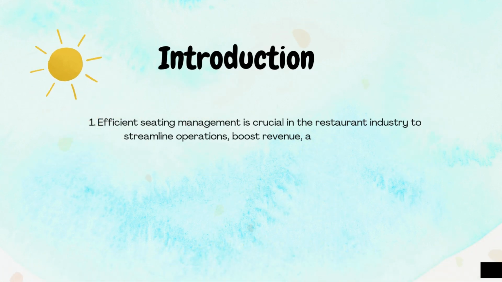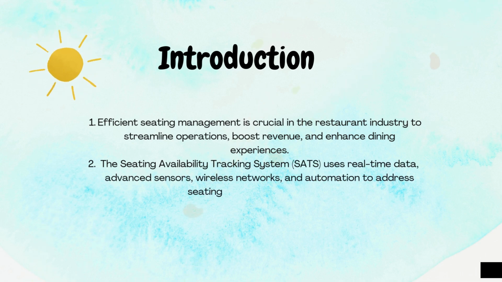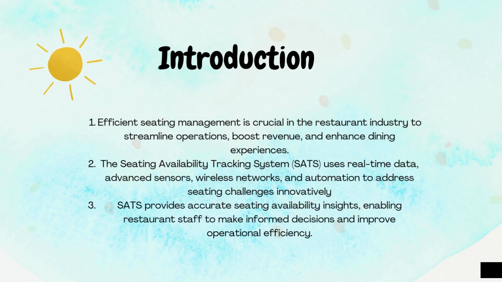The seating availability monitoring system addresses a growing need in the restaurant industry to streamline operations, boost revenue, and enhance the dining experience. The seating availability tracking system uses real-time data, advanced sensors, wireless networks, and automation to address seating challenges innovatively. The system provides accurate seating availability insight, enabling restaurant staff to make informed decisions and improve